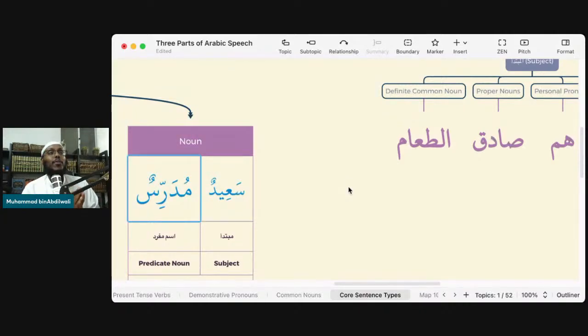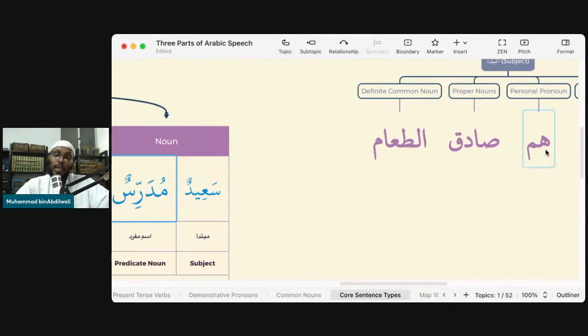Agreement. Why do we bother talking about the attributes of a noun? A noun can be masculine, a noun can be feminine, a noun can be singular, dual, plural. We bothered because when you combine these words together, they have to agree. So whom, if you look at the table, it belongs to the plural and to masculine. Masculine, plural. So when you want to use a noun with whom, it also has to be masculine, plural. So hum mudarrisun. There has to be agreement. That's why hum mudarris wouldn't be grammatically correct.